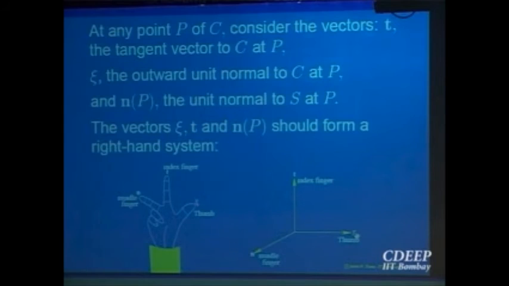So from here, xi and T are on the curve, the boundary. Xi is the outward normal, T is the tangent. From the normal, if you are moving in terms of that, then the normal should come out of your head, right? You are moving on the left side. Right hand system. That is a mathematical way of describing this.